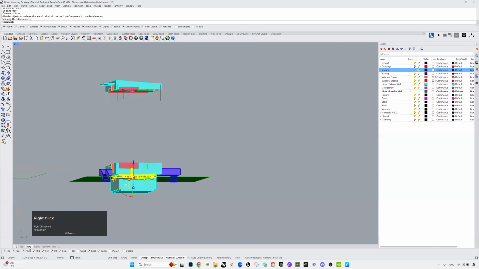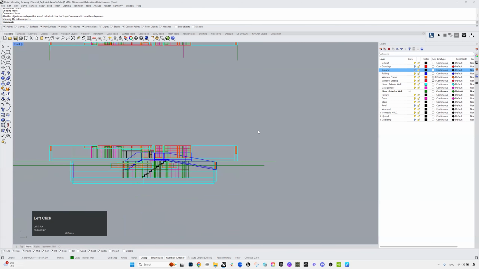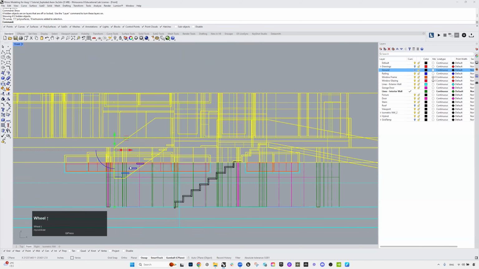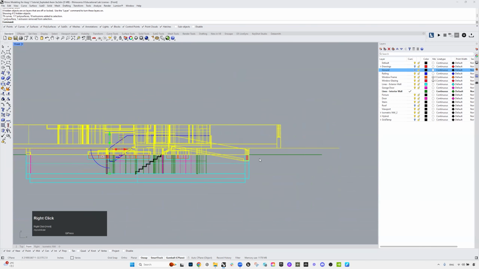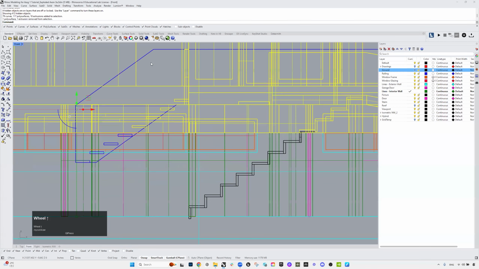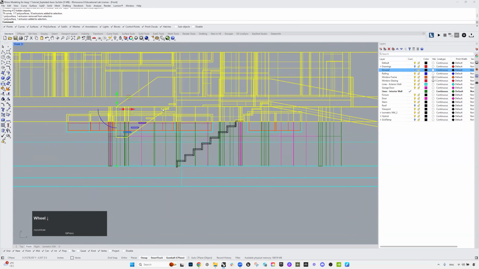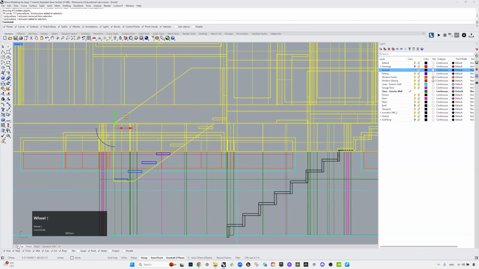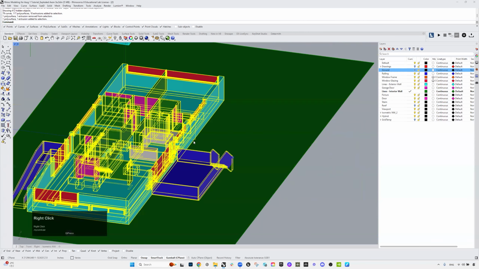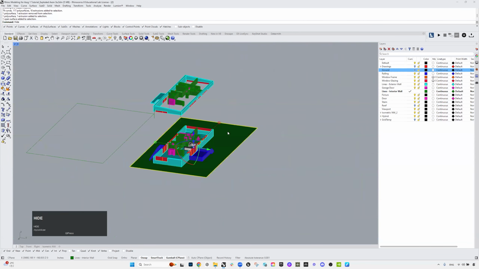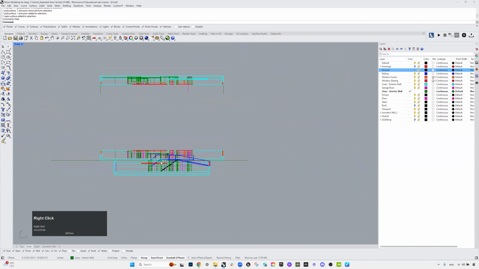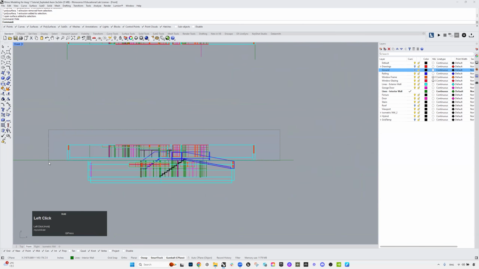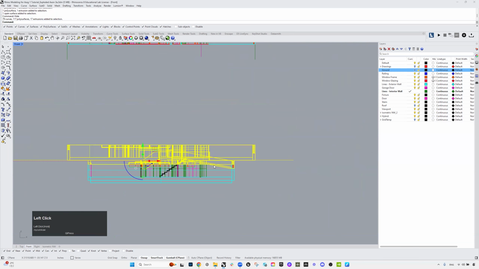And now I'm going to go back to the front view and select everything together. I want to make sure I hide this surface. Oops. So I'm going to go back to the front view and select everything above what I just cut,